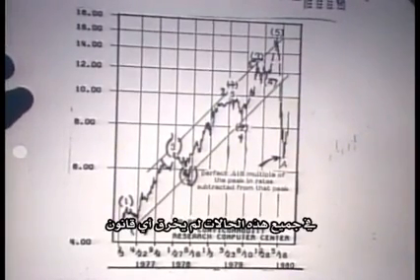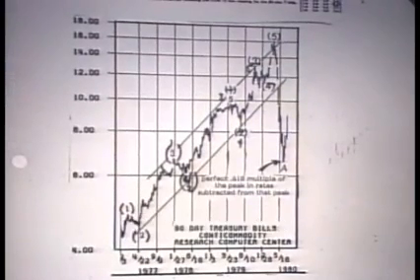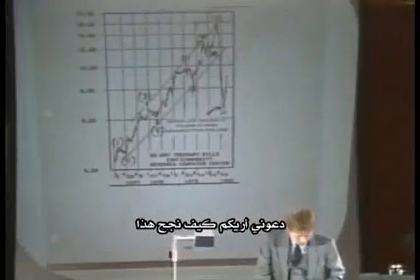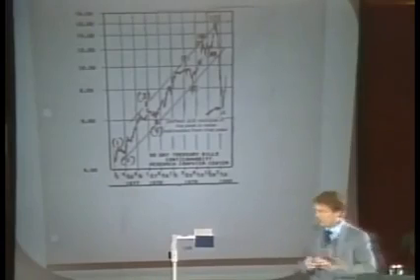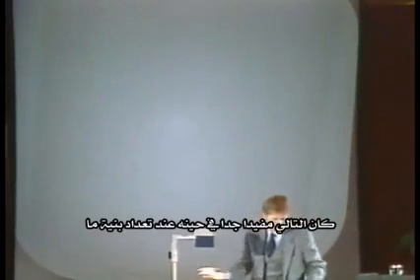Now, in each of those cases, there are no rules broken. Wave 4 does not overlap wave 1, and the third wave is not the shortest. Let me show you why that works. This has been very helpful at times in counting a structure, because when you're counting and you start going 1, 2, and you're looking at a wave that you think is subdividing 1 of 3, 2 of 3, and then it looks like it's still subdividing further, and you're going 1 of 3 of 3, 2 of 3 of 3, it's difficult to keep track. Here's a simple 5-wave structure.